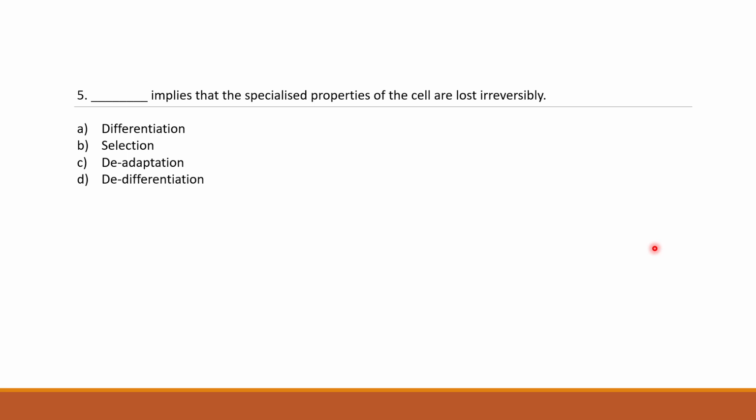Next was a dash implies that the specialized properties of the cell are lost irreversibly. Okay, so this is dedifferentiation. Once your differentiated cell goes back to a stem cell-like state, it loses all its properties. Now it can become anything that it wants. That is, it can de-differentiate. It can differentiate again back to the old type of cell, or it can re-differentiate into a newer type of cell, or it can